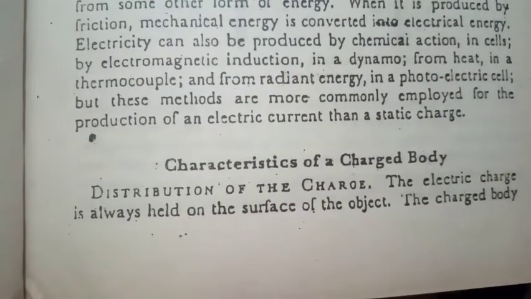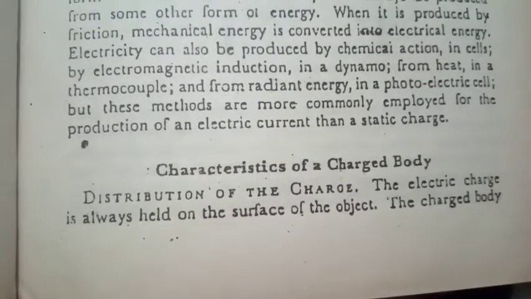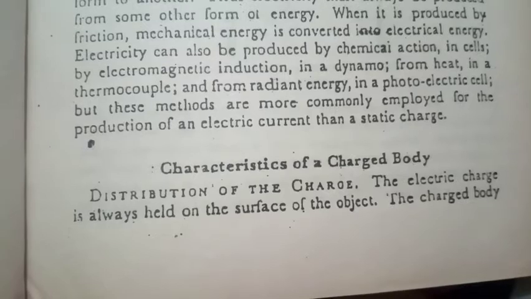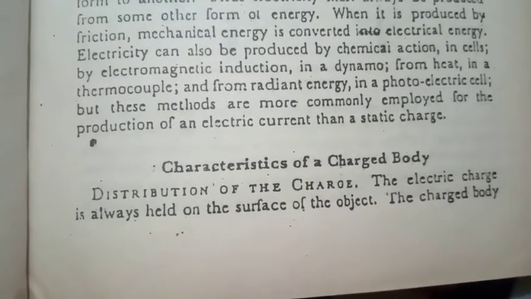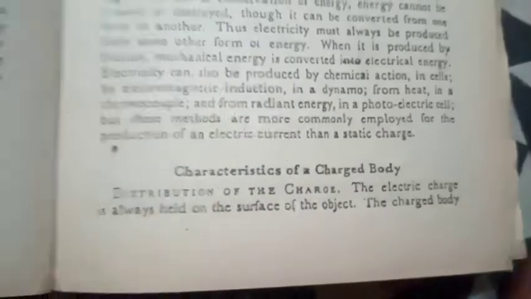First of all, distribution of the charge. The electric charge is always held on the surface of the object. जो इलेक्ट्रिक चार्ज होता है हमेशा जो है सरफेस ऑफ द ऑब्जेक्ट पर ही होल्ड किया जाता है। तो जो चार्ज्ड बॉडी होती है